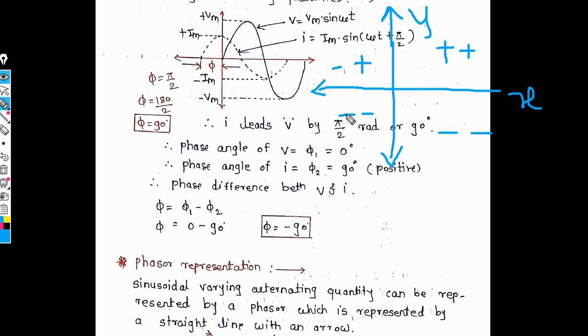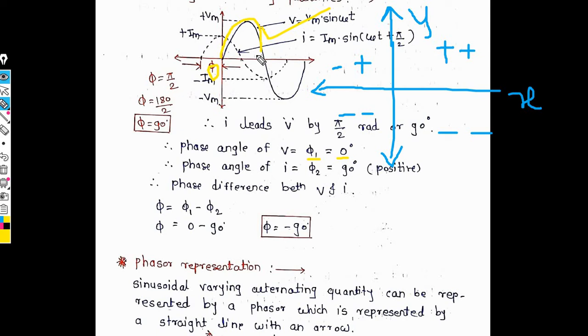And in phase angle quantity, for voltage, we have considered phi 1. That is the voltage waveform. We have considered the angle phi 1. Then why choose 0 degree? Because your waveform will start from 0, so we have considered the initial angle. I am not considering the final angle, only the initial angle, to find out the lagging quantity and leading quantity. And we have to calculate the phase difference between voltage and current.